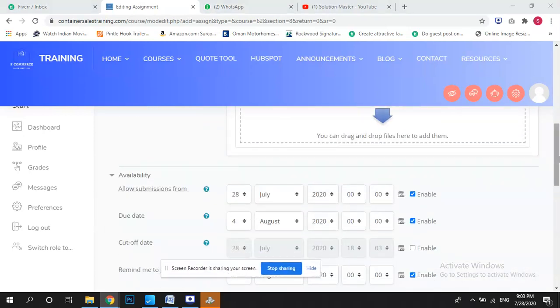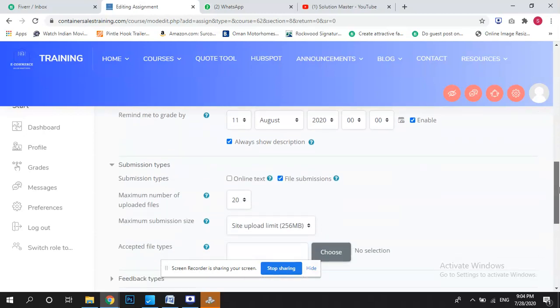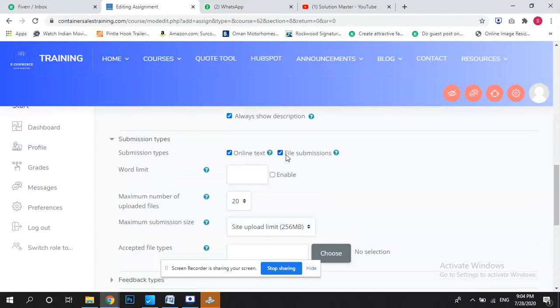The important thing to know is here, when is the allow submission from. I will mention the 13th here, and I will let you know why I have put this date. We can start the assignment from a specific date and until a specific time also. Due date we can put also. In this assignment, I'm putting online text and file submission.